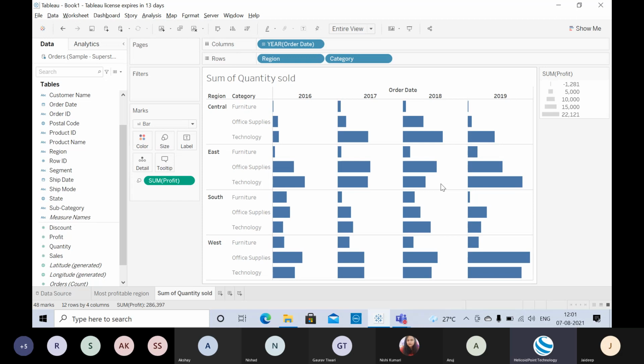Obviously, this raises a concern, right? The sales manager would definitely, after identifying this problem, like to do something to increase the profit of the furniture. You can see other categories are doing comparatively good in terms of making profit, but furniture is not doing that great. And which one is the most profitable one? Office supplies, you can see they are doing really good. And in 2019 Technology has done the best in the west region, can you see? So it gives you a lot of information,